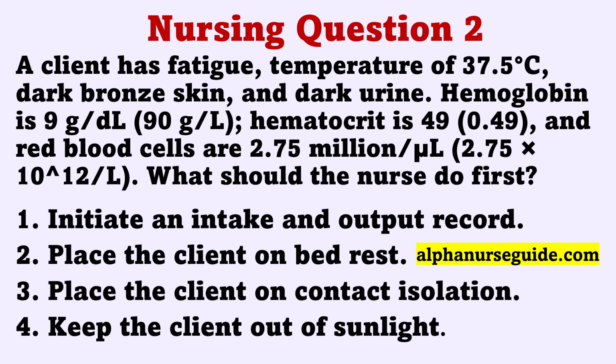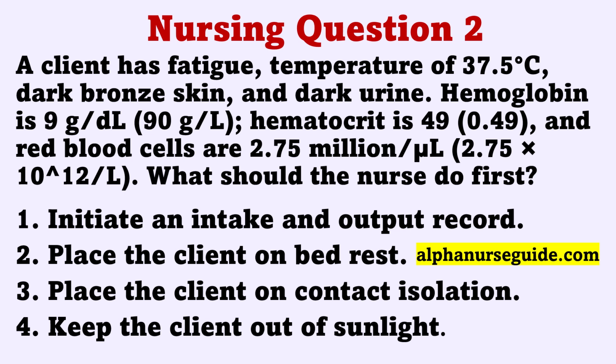The correct answer is 1. Initiate an intake and output record. The nurse should prepare to start an intake and output record because the client is exhibiting clinical manifestations of anemia with jaundice and is demonstrating a fluid imbalance. The client does not need to be on bed rest at this point. The client is not contagious and does not need to be placed in contact isolation. The changes in the color of the skin and urine are related to the jaundice and will not be affected